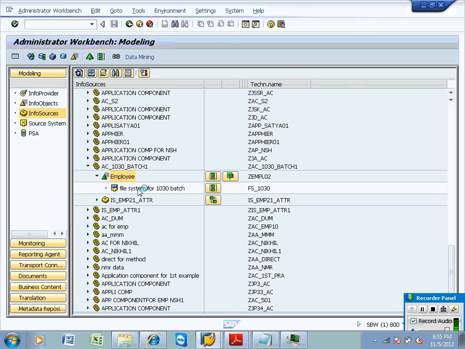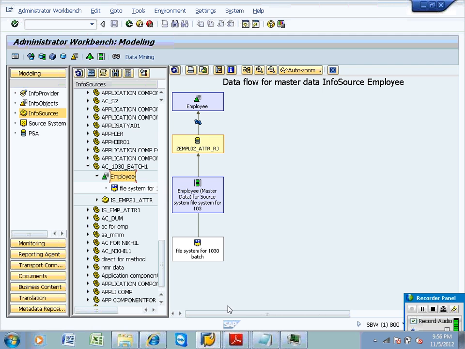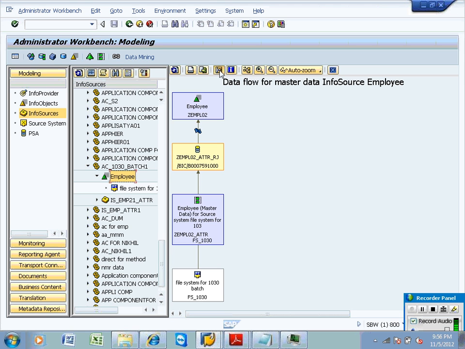Show data flow. This is the data flow diagram. Source system, attribute data source, CSV, transfer rule, and employee. And you can see technical names also.